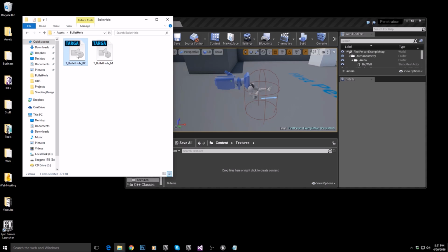The reason that we have these is basically it's a naming convention. So we can take one look at this, and just by the name we can tell, oh, this is a base color, or oh, this is a mask. So you can actually get some idea about what's happening inside of the file without having to go have a look at it. So we're going to take these and drag these into our textures folder,